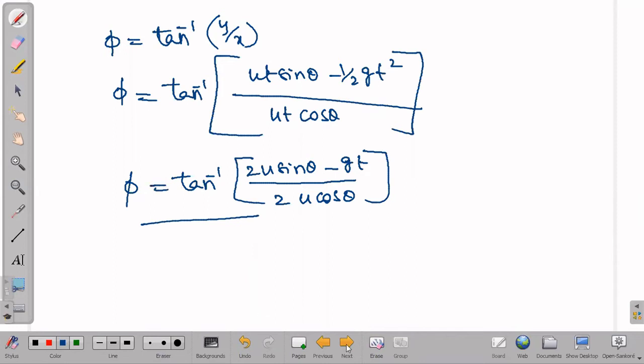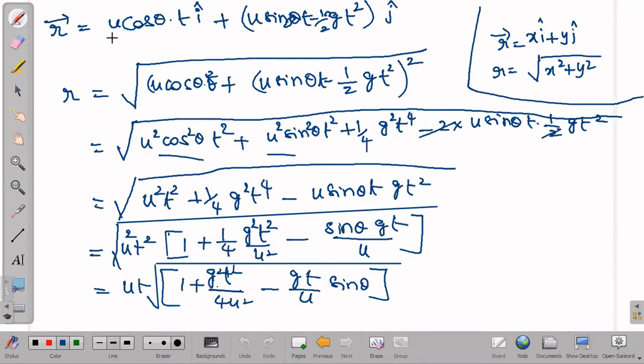And one more thing we found here: displacement in terms of all the coordinates which we have, and the magnitude of the displacement also we have written, right? So this is about the displacement of the projectile, which we have done here now. Next we will go with the time of flight in the next part, right?